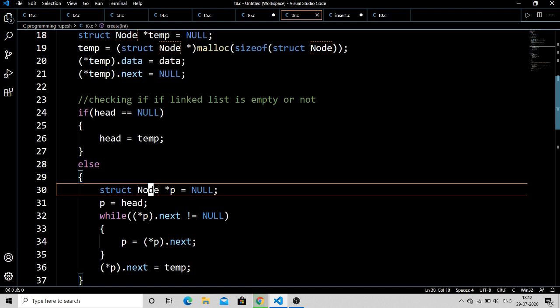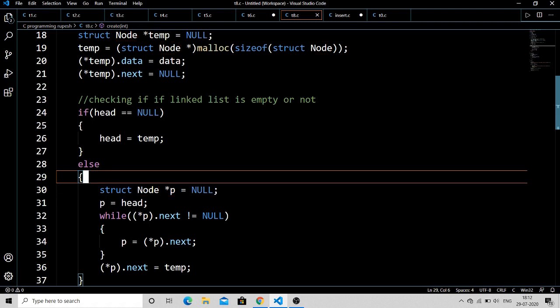So how can we do it? We can do it by first going through the list, to the last node already present in the linked list. We are going to change the next value of the last node from null to the address of the new node.